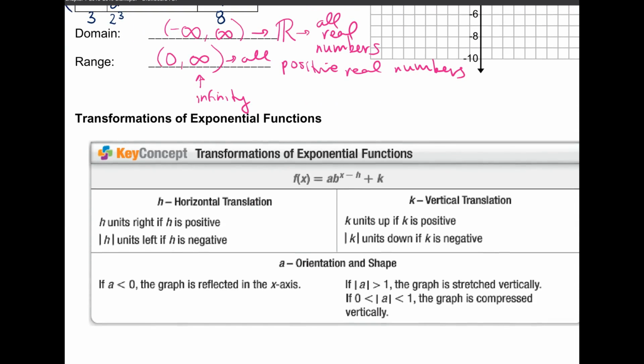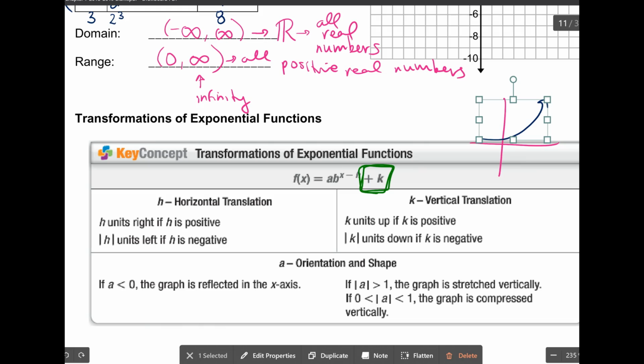Okay, so that should help a little bit. So, transformations of exponential functions. If I have a coefficient in front of it, it's going to stretch it out. It's going to compress my exponential, or it's going to stretch it out. So instead of looking like a nice little exponential, maybe I might stretch it out and it's going to go up faster. Or maybe it's going to not rise as fast. So having that a in front of it, having that coefficient, is going to cause it to be pulled up or down. Versus having a plus or minus number at the end, I'm literally going to be shifting this